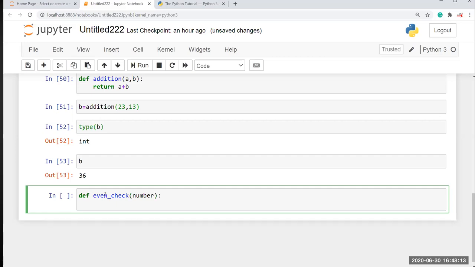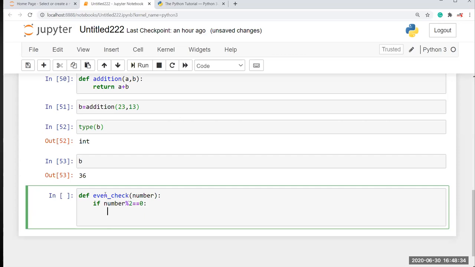Then give indent notation inside the function. Now you can pass your if statement, like if number mod operator, that is the percentage symbol, 2 equal to 0 colon. Here I return the value, or first we print that value.